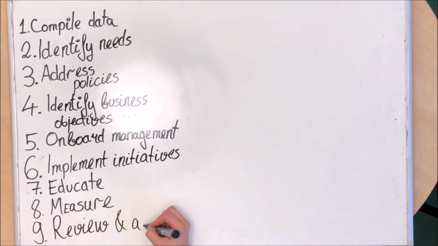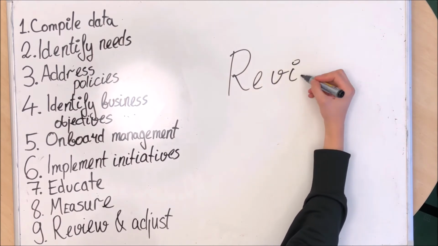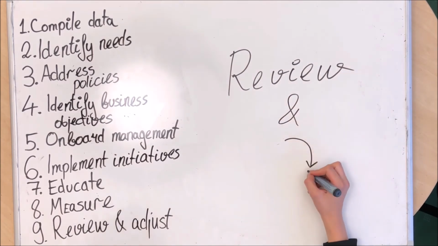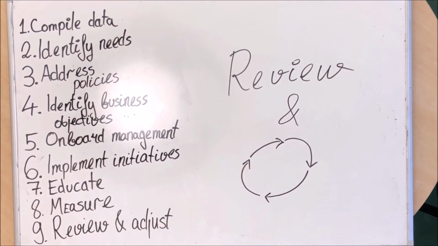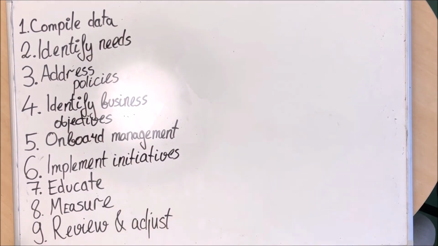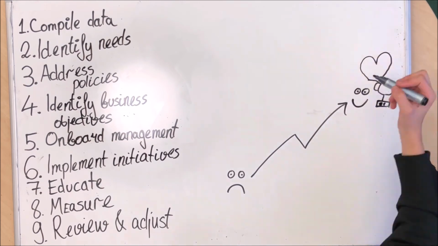Step 9. Diversity and inclusion is an always moving initiative and should be reviewed from time to time. Periodic reviews should be planned and surveys regarding the diversity and inclusion initiatives should be conducted when necessary. And ever so often, there might be a need to start at the first step, just to really keep up with the changing times. By following these steps, your company is more likely to succeed financially and be a better